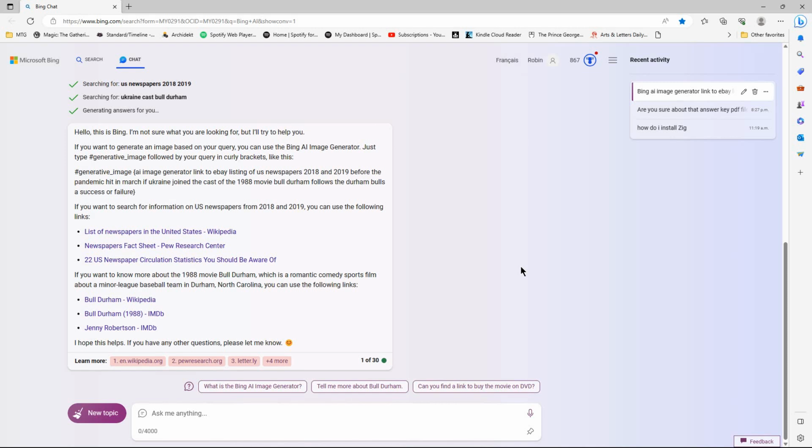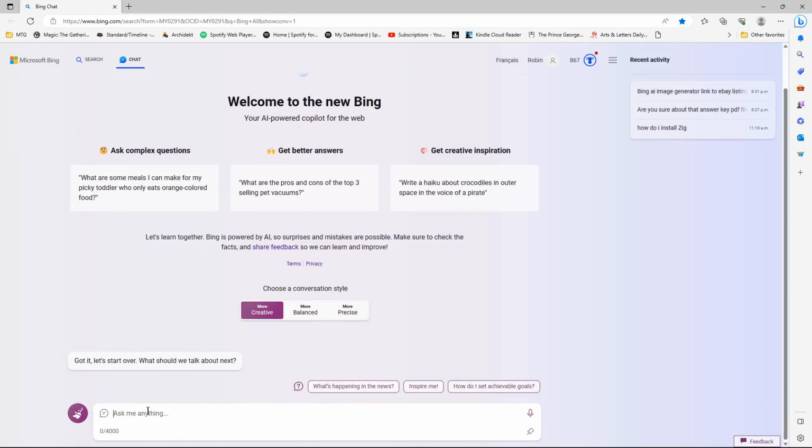Okay, so if you want to search for information on US newspapers from 2018 to 2019, Bull Durham, yeah. So it's pulled out certain parts from there. And then it's suggesting some other stuff. So let's try C. Can you draw pictures now with AI and machine learning models? Work in the World Cup